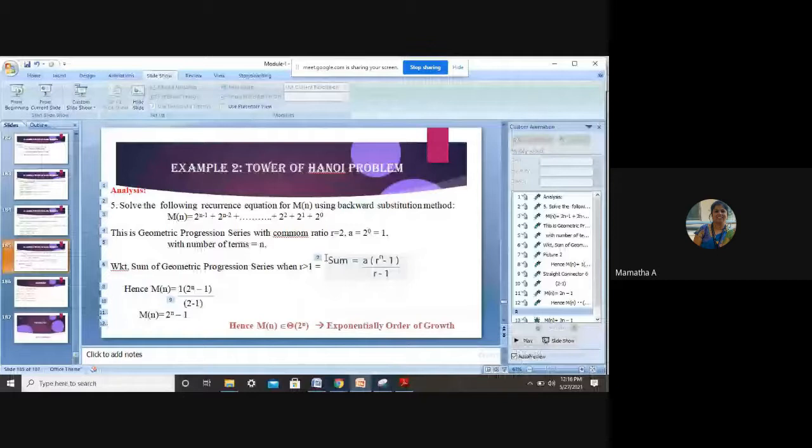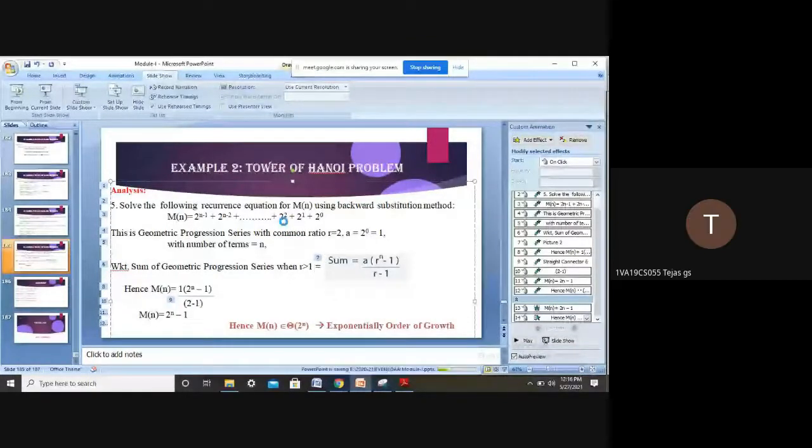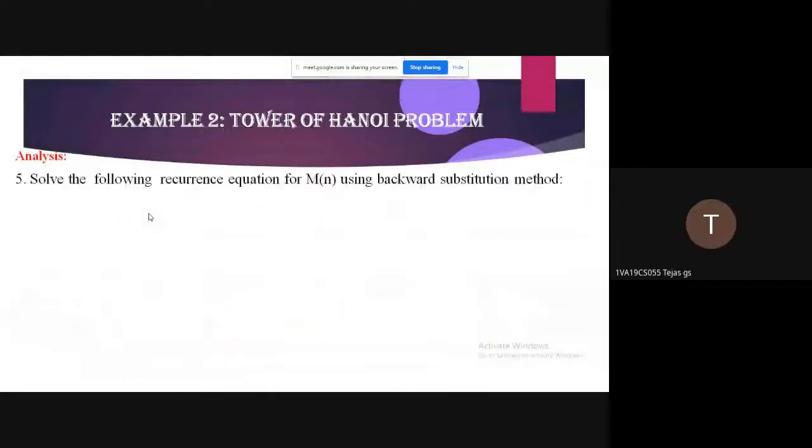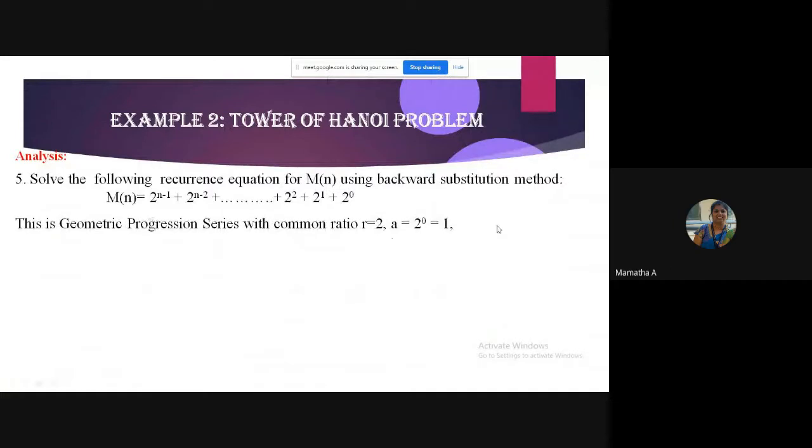What are the entities of a geometric progression, students? What all will be there in the geometric progression? Yes, we have something called the common ratio. What is the common ratio between these numbers? Common ratio, students. I hope you know this. The common ratio is 2. How do I get the common ratio?